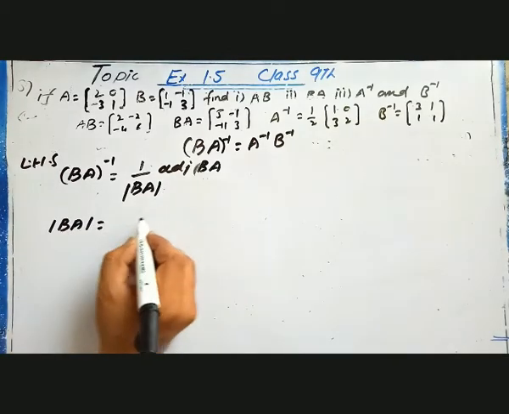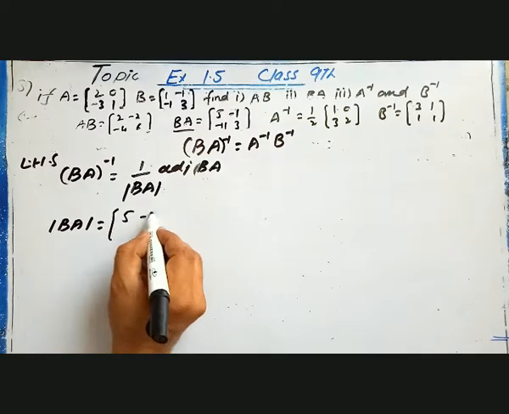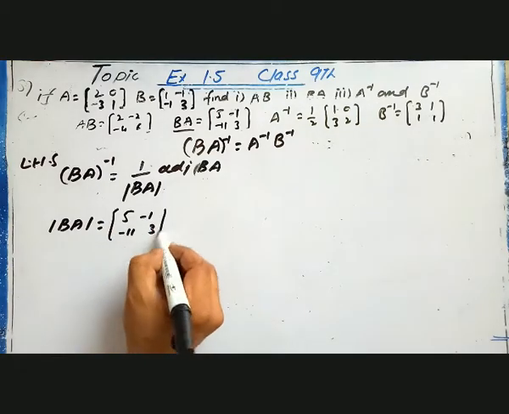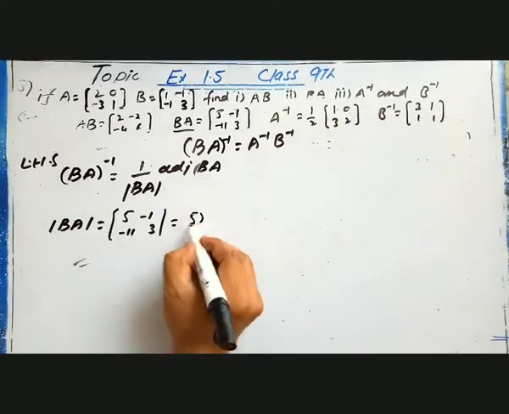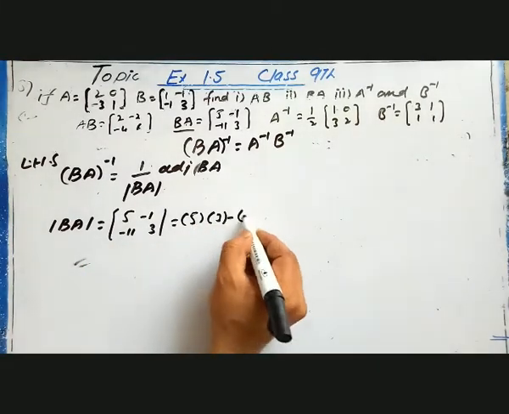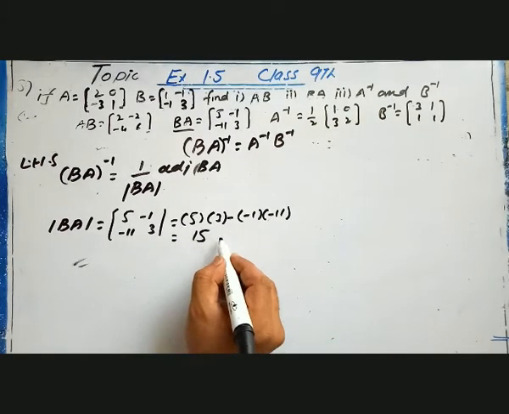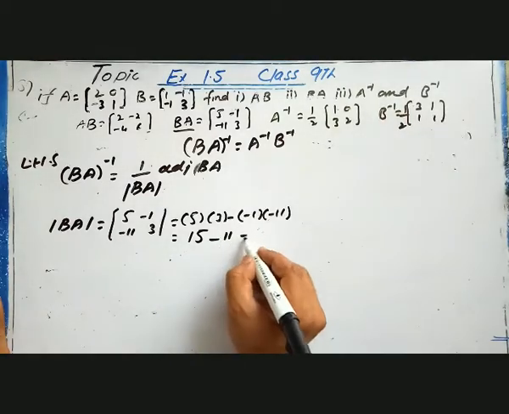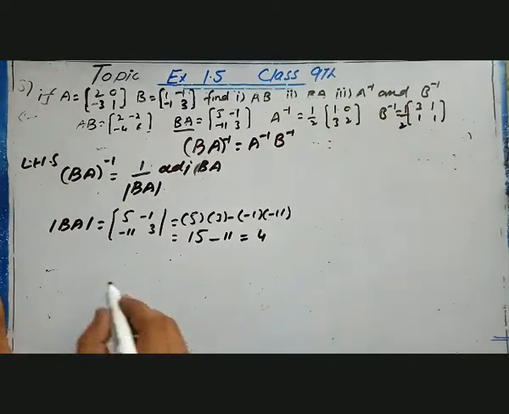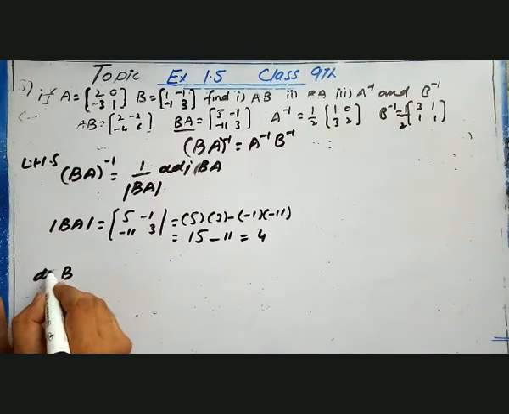BA determinant will be equal to, already हम फाइंड कर चुके हैं BA. यहाँ पे लिख लें 5 into 3 minus 5 3s are 15, 11 1s are 11, minus 3 times minus give us minus, so ये हमारे पास 4 आ जाएगा. So determinant is equal to 4, so now adjoint of